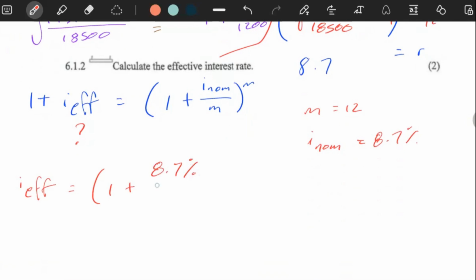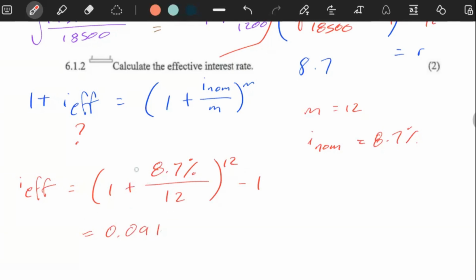If you're going to write down the percentage symbol, it's fine. Just make sure that you remember to put that percentage symbol in your calculator so that your calculation will not be wrong. So 8.7 shift percent symbol over 12, the whole thing to the power of 12 minus 1. We have here 0.0,